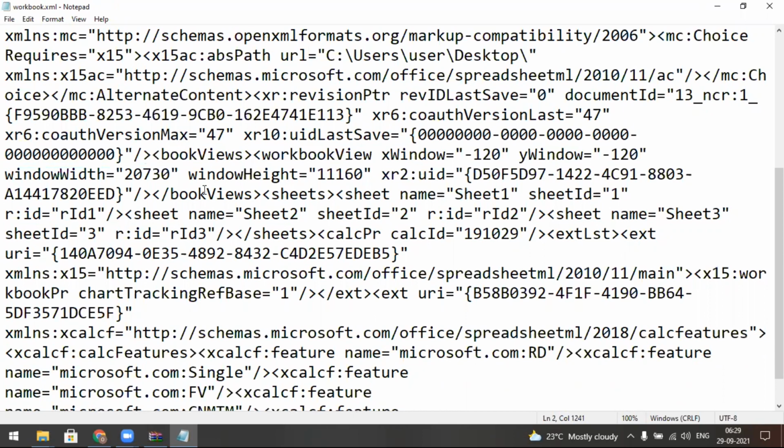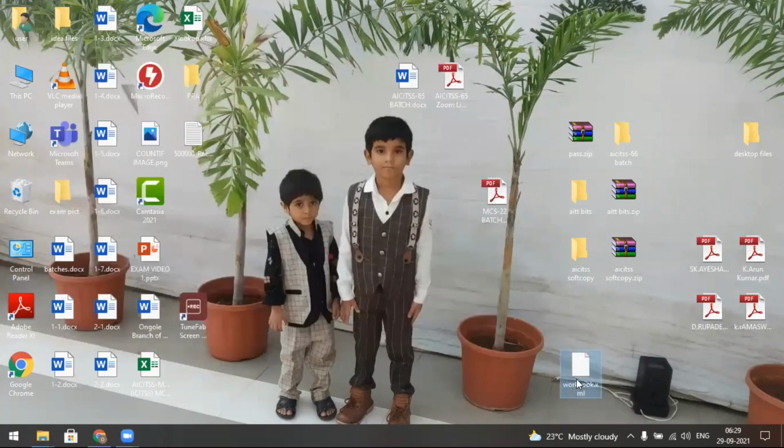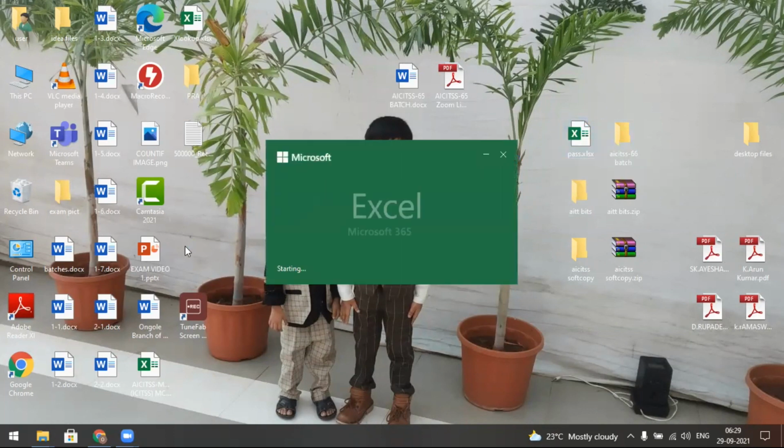So I remove this one and save it, close it, and drag this into this location and say okay. As I close this one, I don't need it, so I delete it. I change its extension to XLSX, enter, enter. Now it is possible to insert new sheets, delete existing sheets, and move or copy like this. We may do all this. Tab color also you may apply.